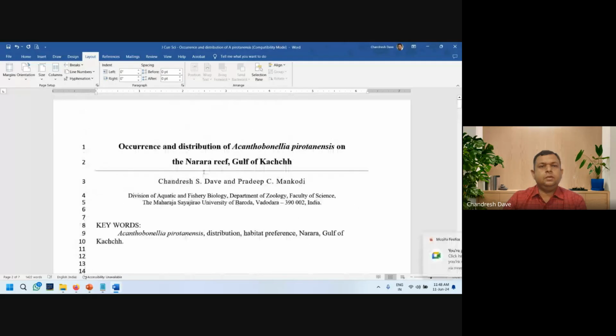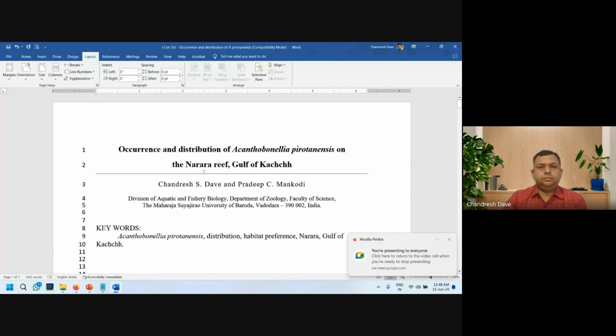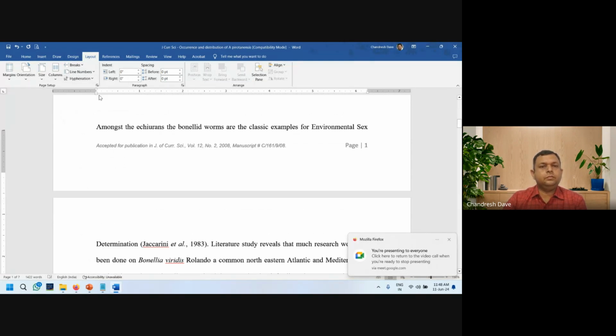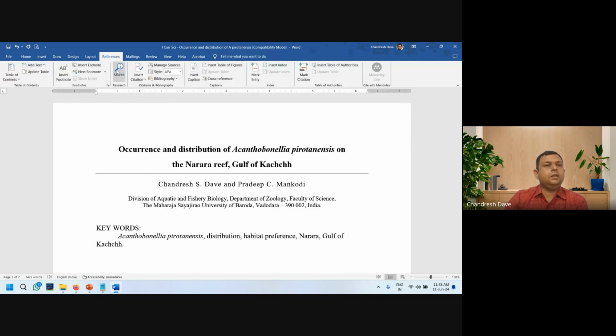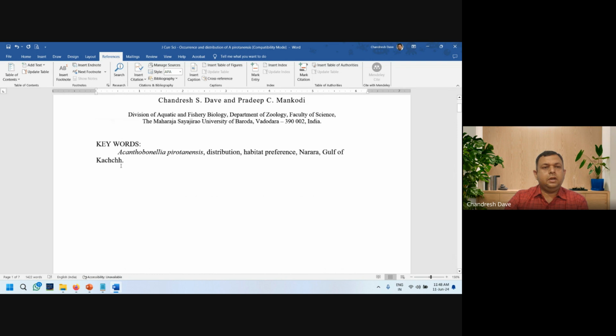Word also has an inbuilt reference manager. Let me show you. Word itself has an inbuilt reference manager. Here, I would like to insert citation, add new source.